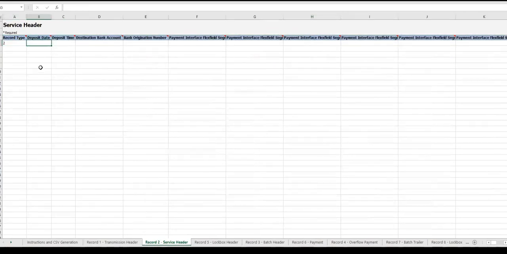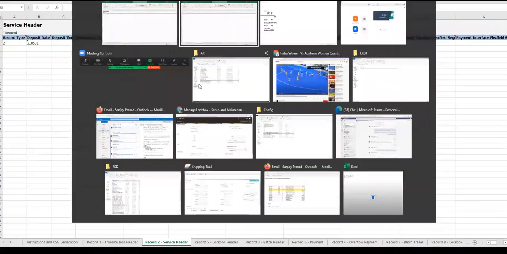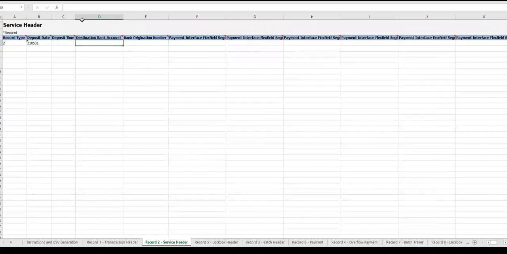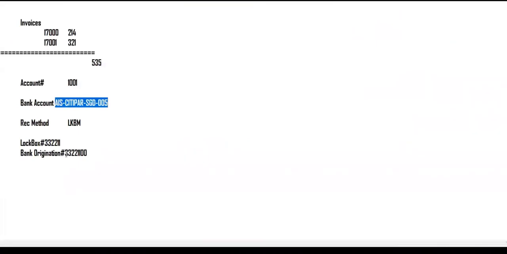So now the second sheet, the service header. Now the details will be more or less the same as what we entered earlier. The deposit date, destination bank account, the sale bank account, what we entered earlier. Bank origination number.